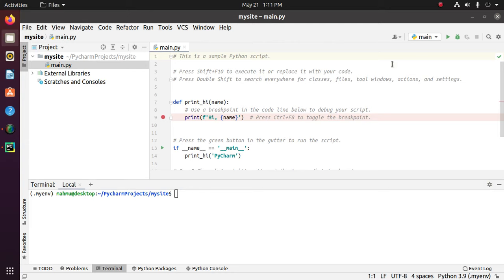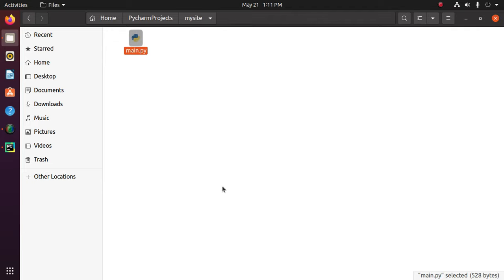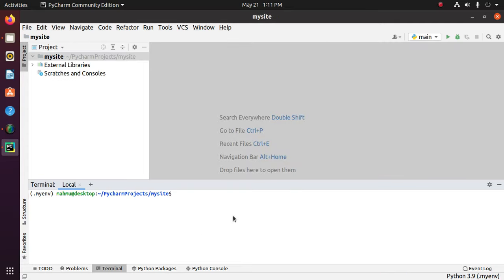now go to your project directory. Delete this file and create a Django project using this command: django-admin startproject. Enter your project name, mysite. Okay,